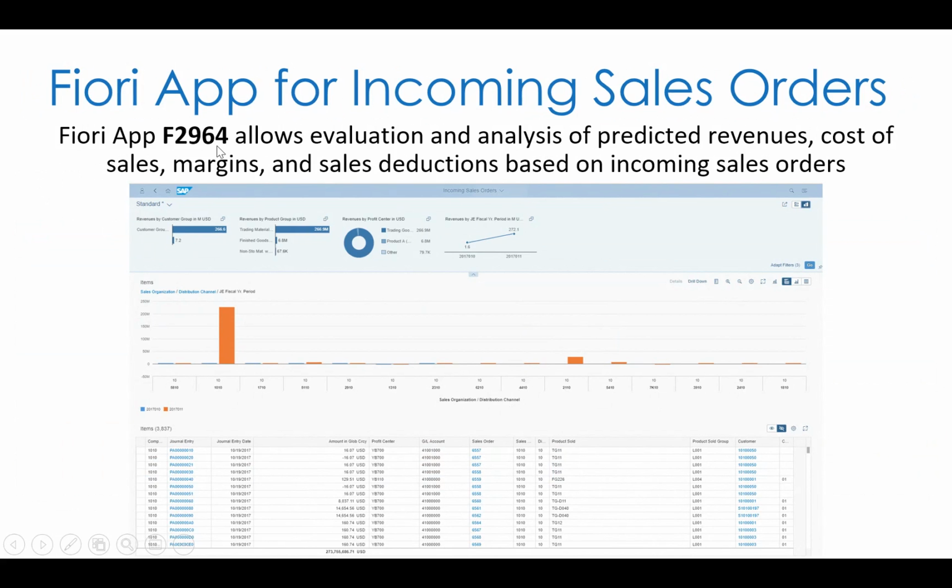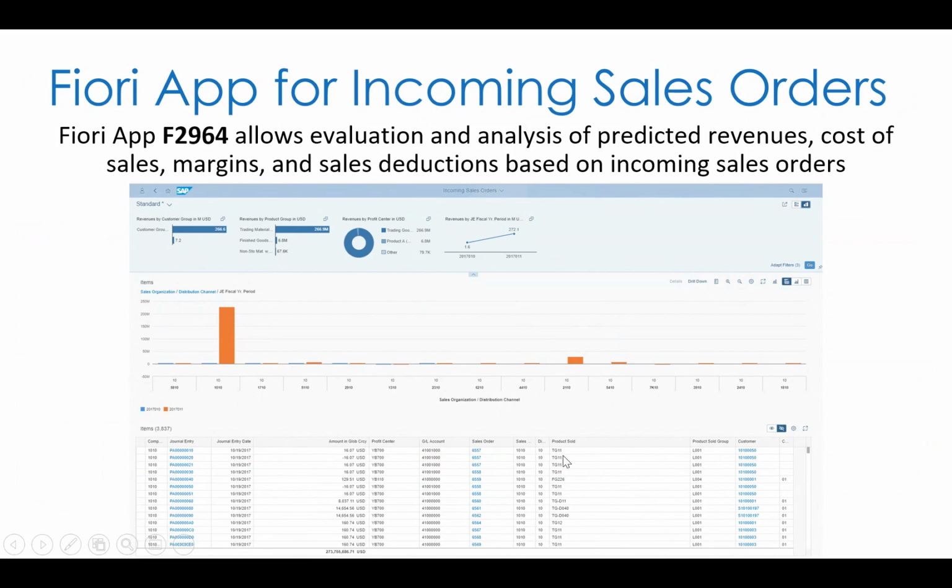I think there's maybe 3 or 4 of these types of apps, which allow evaluation and analysis of your predictive revenue and show different things like your document number, your GL account, what was sold,